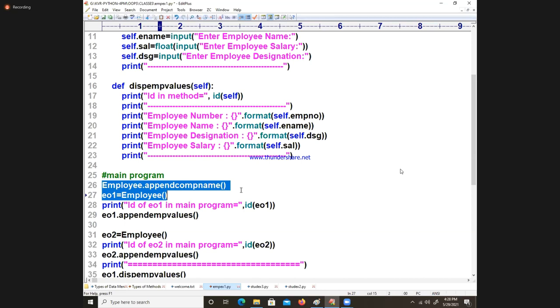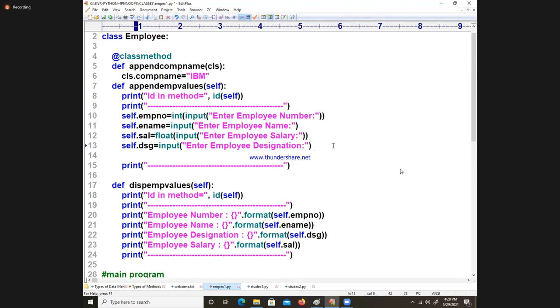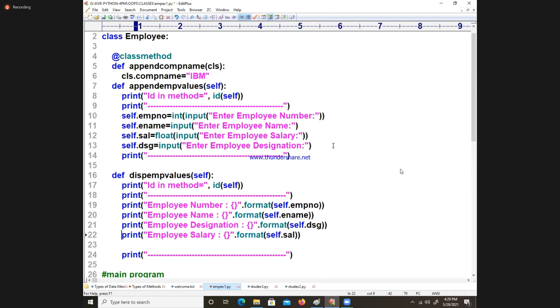Once you do that, this variable is made global. It is a variable made common for all of you. That time I can print the company name, no problem. How do you print it? See a beautiful example. Print employee company name. Now I'm going to give you a chance. Enter employee company name.